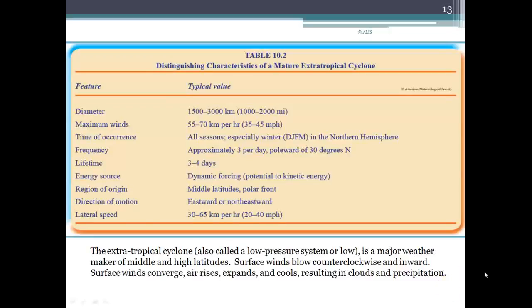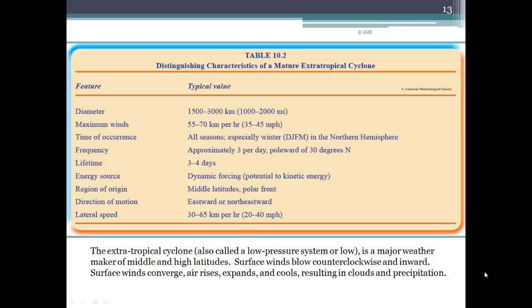To continue with Chapter 10, let's talk now about extratropical cyclones. These are cyclonic storms, low-pressure systems that form over the mid-latitudes. And in this table, Table 10.2, you see some of the distinguishing characteristics of a mature extratropical cyclone. So the size of them, they range from 1,000 to 2,000 miles, maximum winds anywhere from 35 to 45 miles